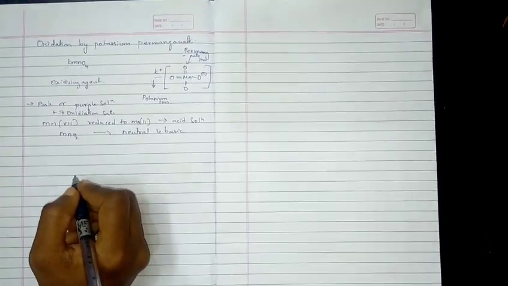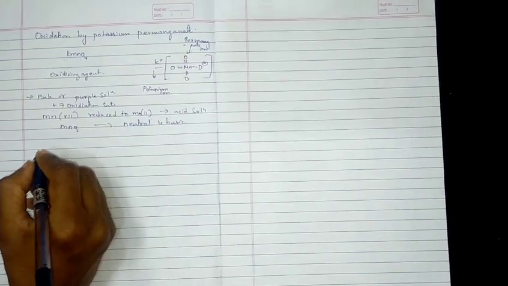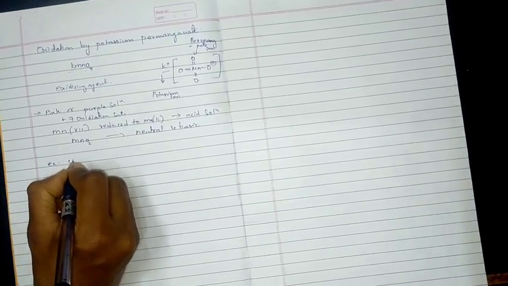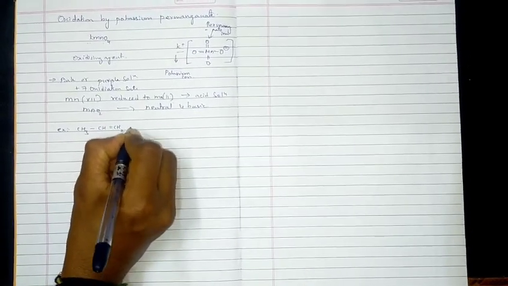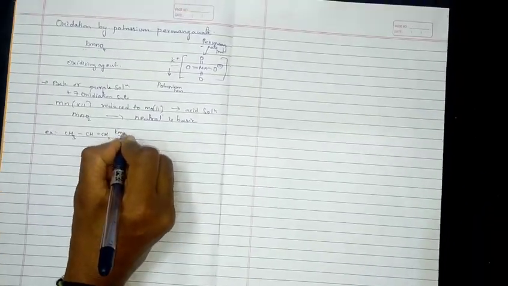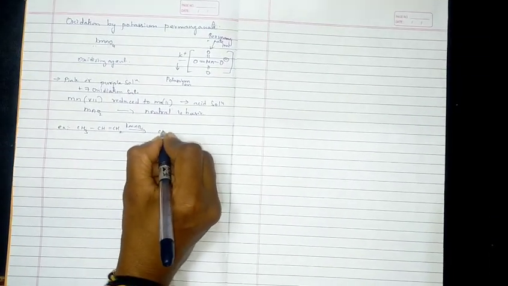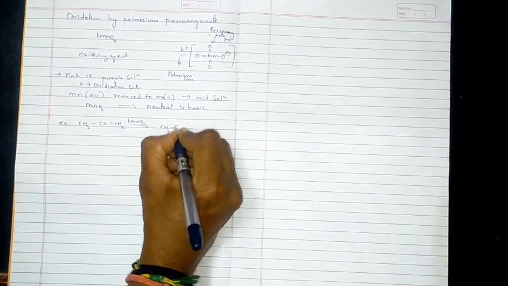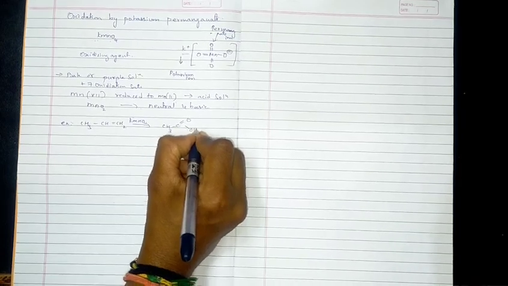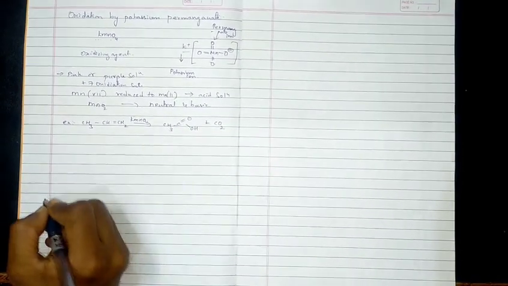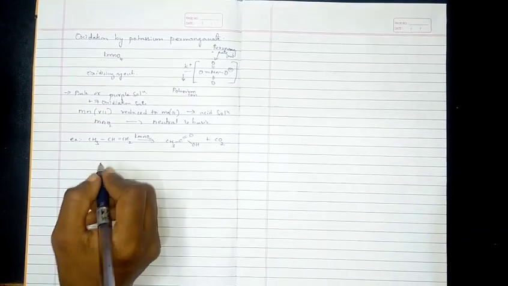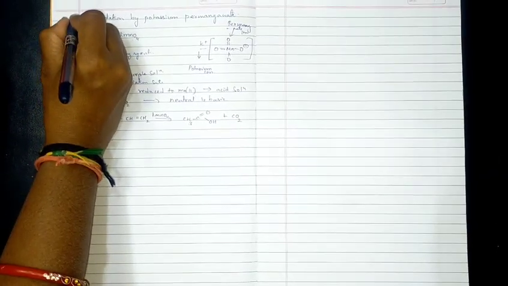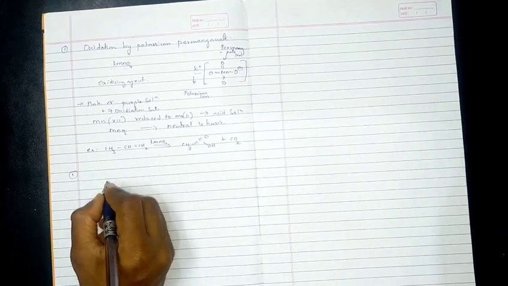Okay, now I'll give you a few examples, like CH3CH2 in the presence of KMnO4. It gives rise to acetic acid, CH3COOH, plus CO2, carbon dioxide. Okay, this was the first reaction. The second one is